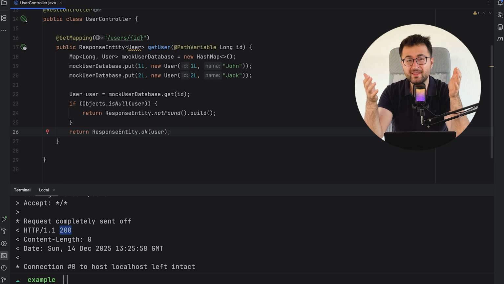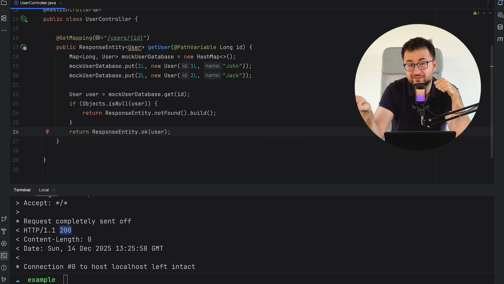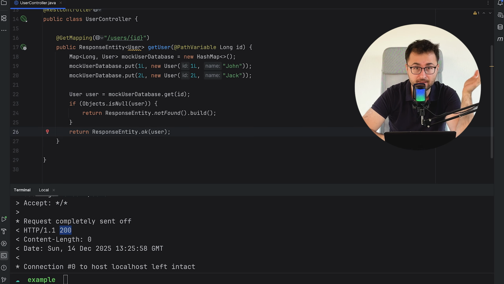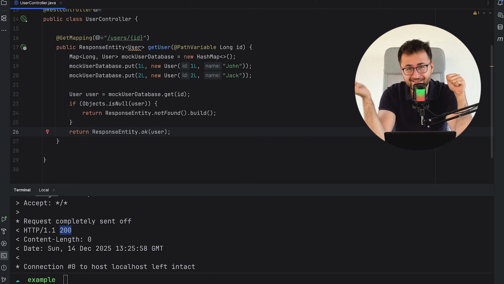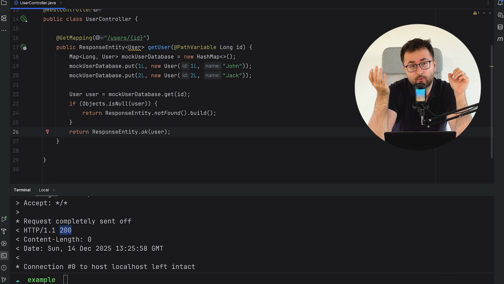So what we have done here is actually quite straightforward. This is not more advanced or sophisticated. It is just more honest and clear. We are now saying exactly what we mean. If the user exists, return success response 200 OK with a response body. And if the user doesn't exist, instead of 200 success, which is not the case, return a 404 not found